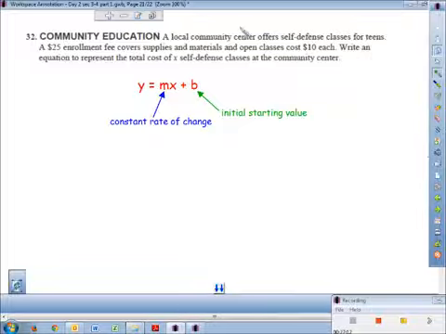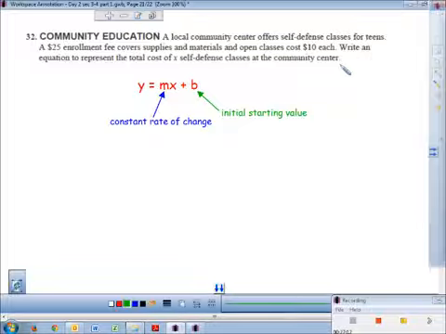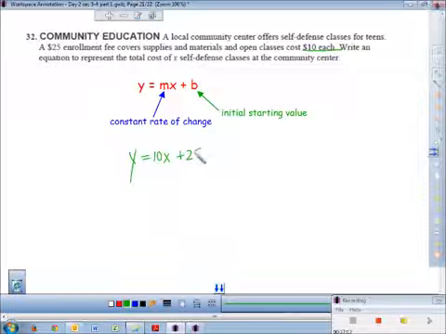So when we read this and see which number is which, it says a local community theater offers self-defense classes for teens, $25 enrollment fee, covers supplies and materials, and open classes cost $10 each. Write an equation to represent this situation. So which one is the initial starting value and which one is the slope, the constant rate of change? Well, 10, since it's $10 per class, would be our slope, and $25 was your startup fee right there. But see, this answer, not good enough,